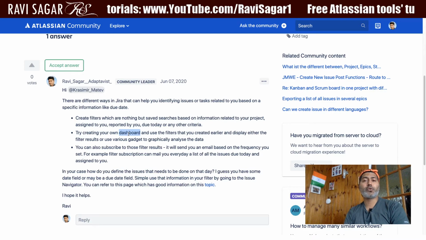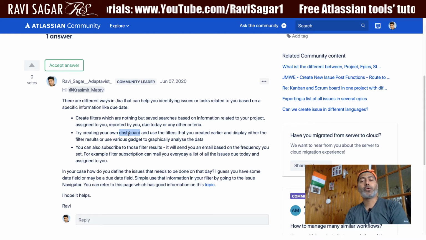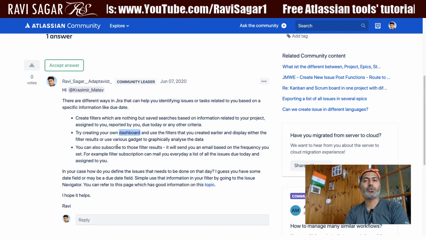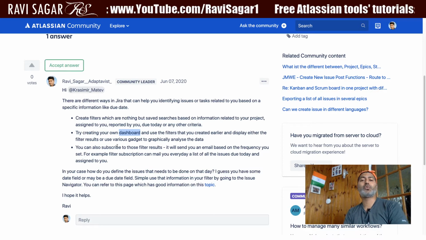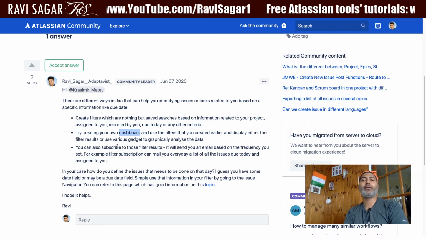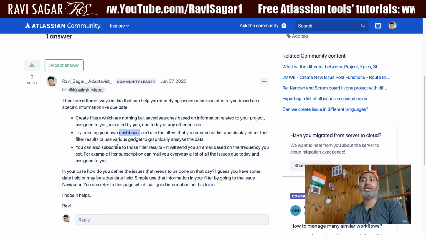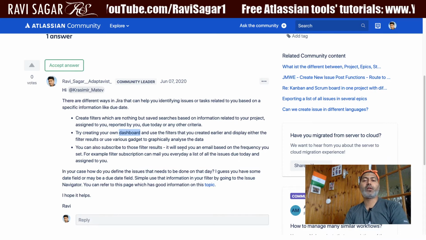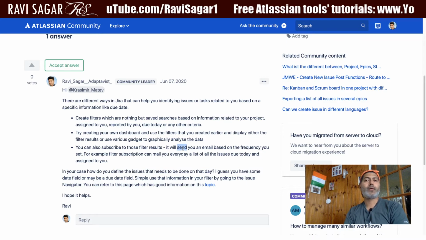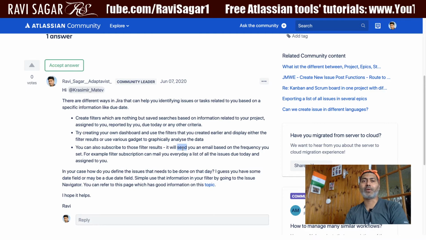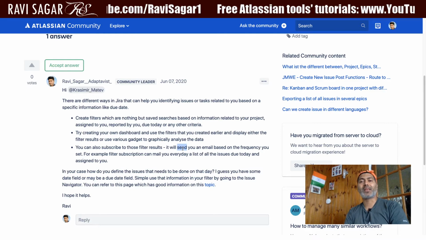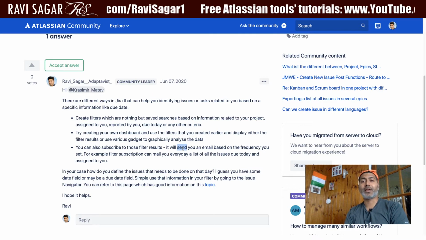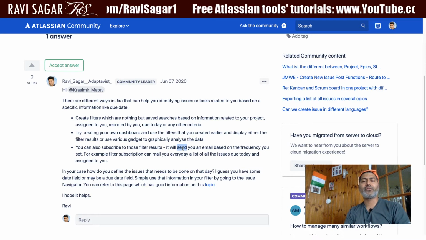So these are two things that you can do immediately, and you can also subscribe to a filter. So when you create a filter, not only can you take a look at the issues, not only can you view the dashboard, but you can also get email notifications from Jira every other day, or maybe every day, based on the frequency that you want to set. So basically it will send you an email every morning, for example, based on all the issues that are maybe relevant to you. It could be something like, send me a list of all the issues due today and assigned to me.